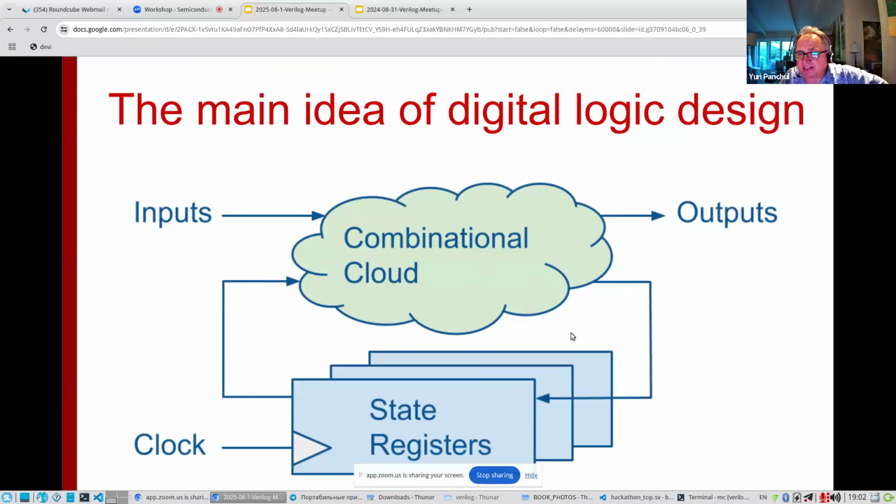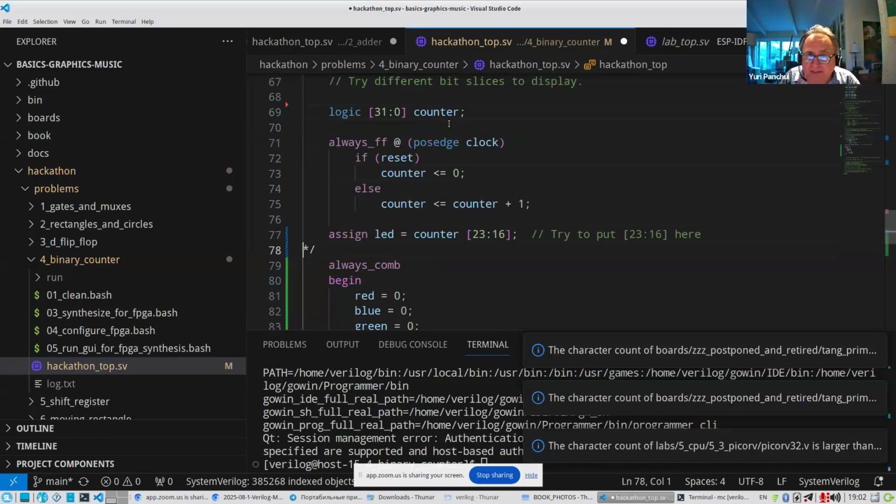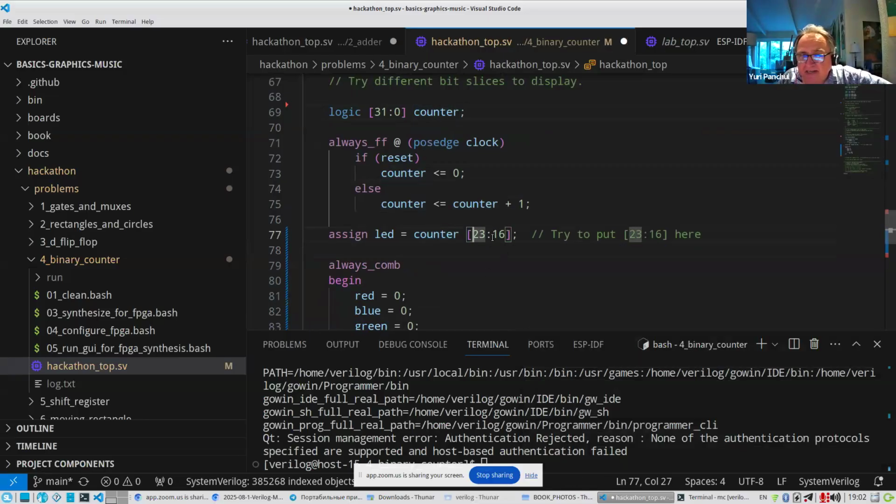So now let's connect state registers to it. What we do is that we remove comments from the counter, right? And we know that in this counter, some bit, let's say bit 20, changes several times a second.